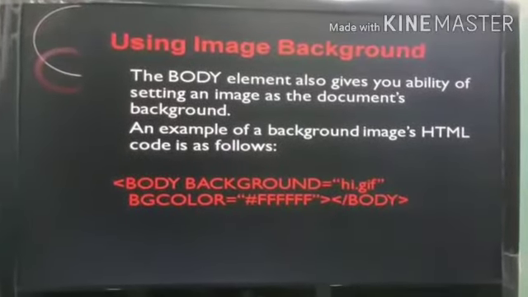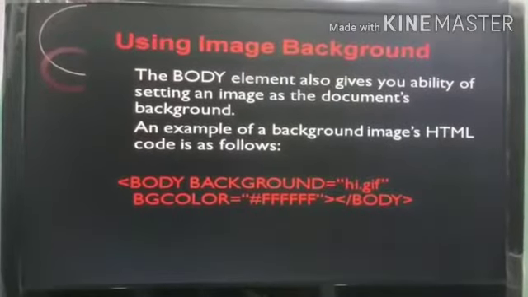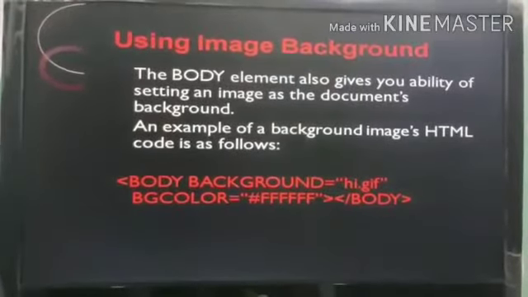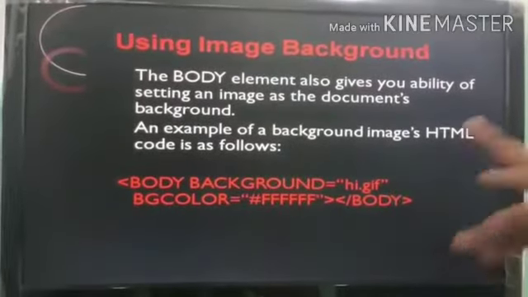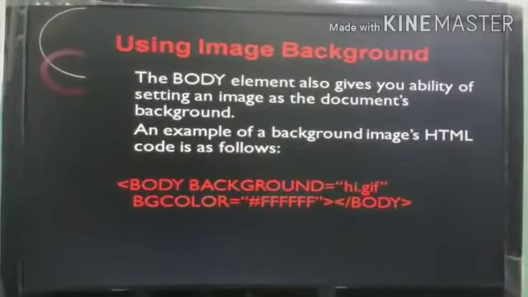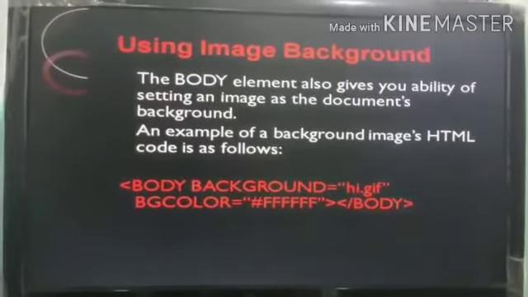If we want to put a background picture on our web page, we can do it with the help of the background attribute. So we have to use the background attribute with body tag, provide the address of that image or picture, and we can apply it as a background.